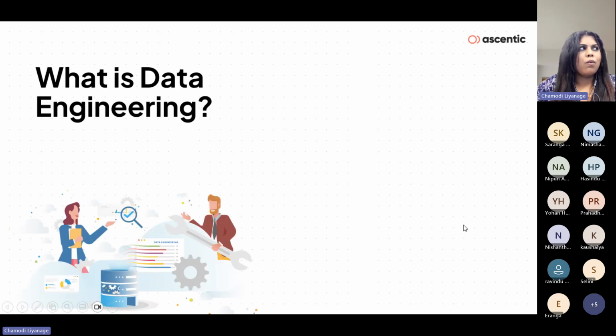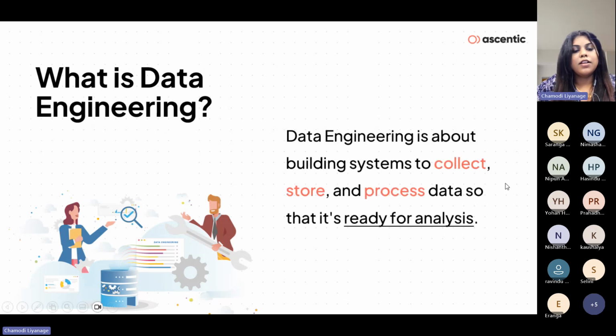So what is data engineering exactly? It's all about building systems to handle data, collecting it, storing it, and processing it so it's ready to be used. Data engineers make sure the data is clean, well organized, and easy to analyze. We set up the pipelines that allow data to flow